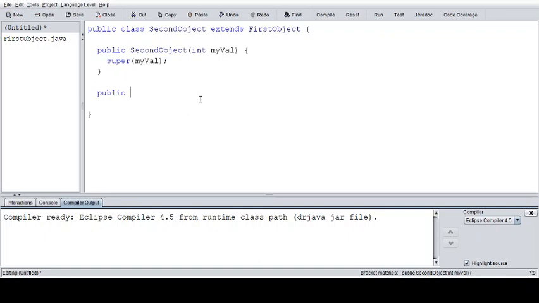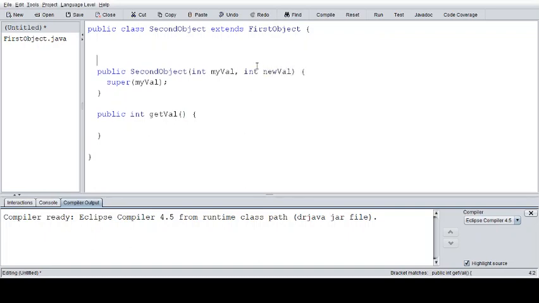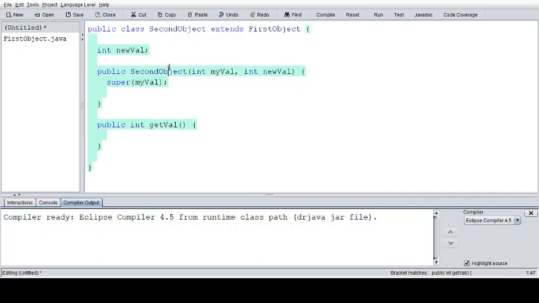Okay. Now we're going to do public, and get val, and we can easily make that. Let's say get val, and then int new val. All right. So let's change this up a little bit. It's a little bit different. Right, so we're storing our my val in this super class, in our super class being first object. And now we're going to store new val as,